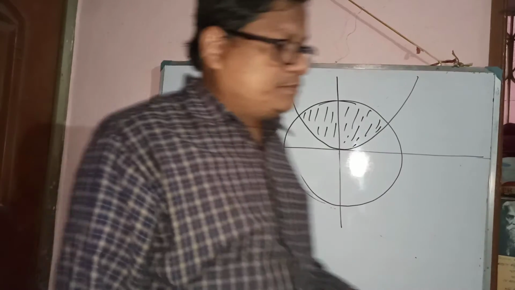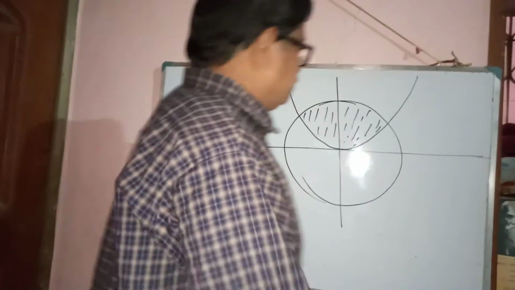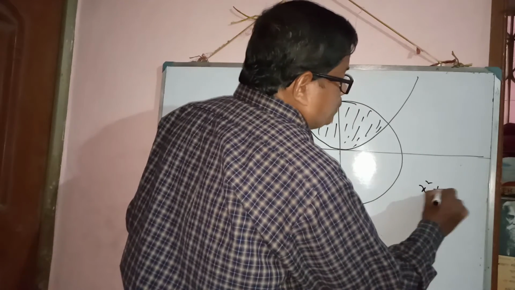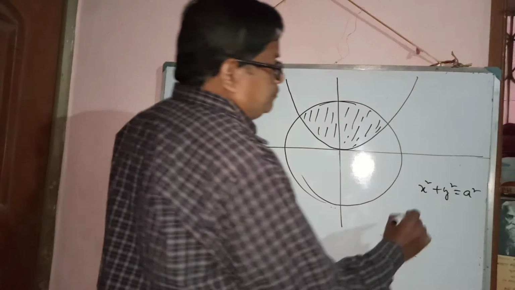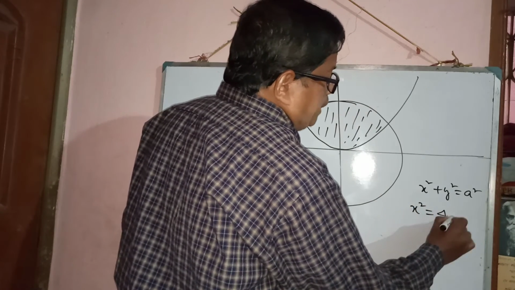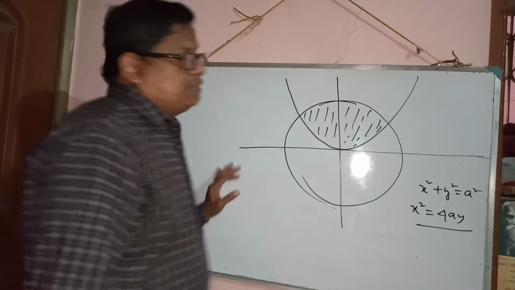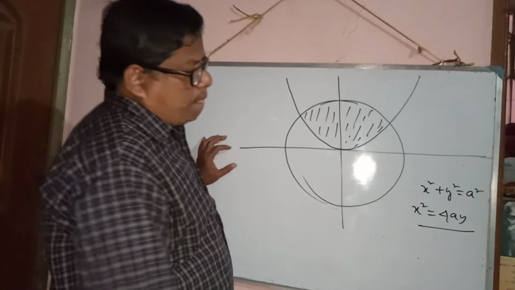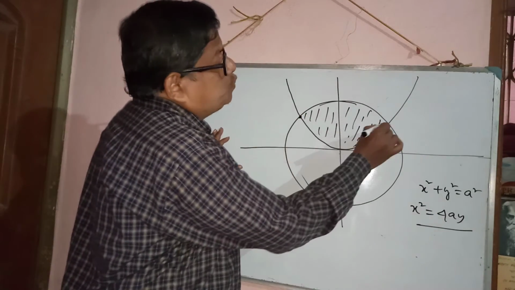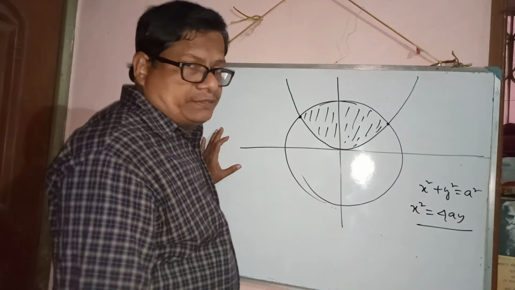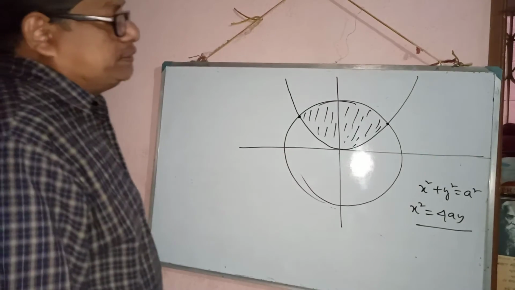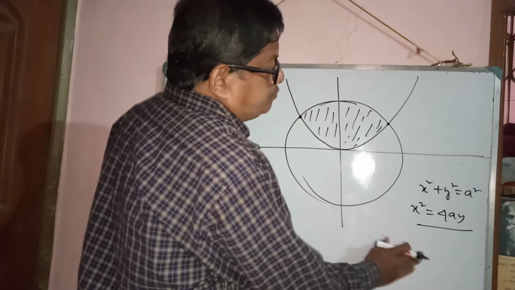How to find? Here the circle equation is given, so x square plus y square equal to a square. And the parabola equation is given, so x square equal to 4ay. First find out the point of intersection of these two. Okay, point of intersection. So here you put